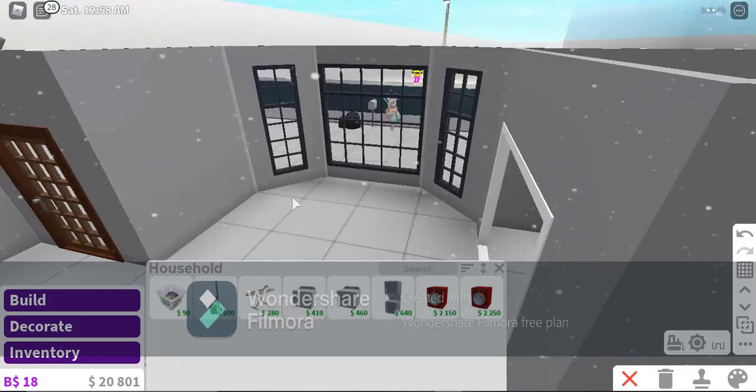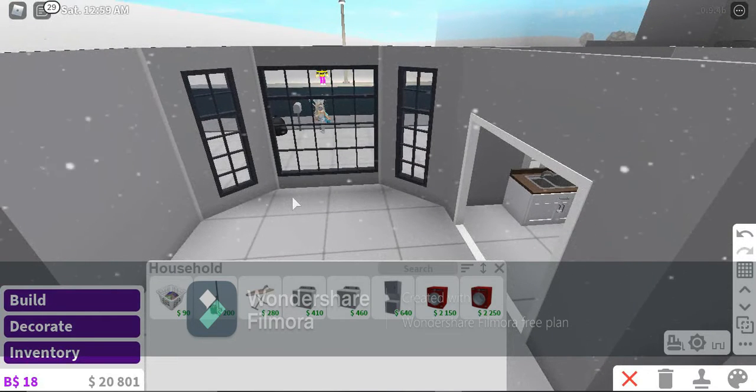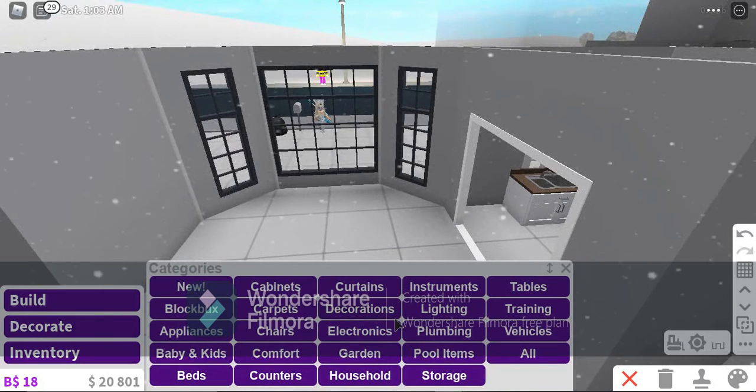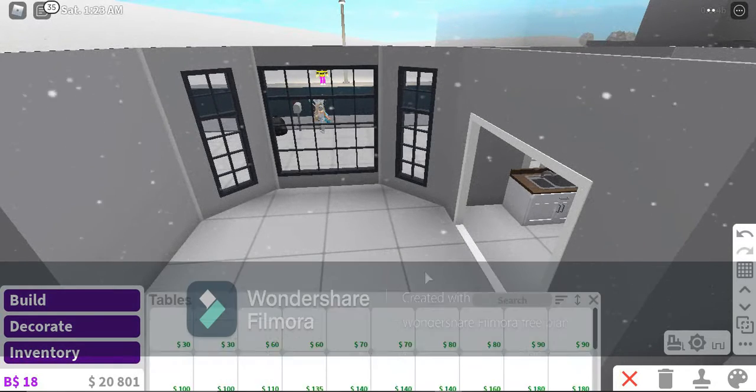Anyway, living room, which is my personal favorite part other than the master bedroom. Just go into decorate, and then decorate it in whatever aesthetic. You can always change the colors and stuff, which we're gonna do later. We're just laying out the basics. I cannot word today. Just lay out basics, and we'll come back to coloring and painting later. So just tables,